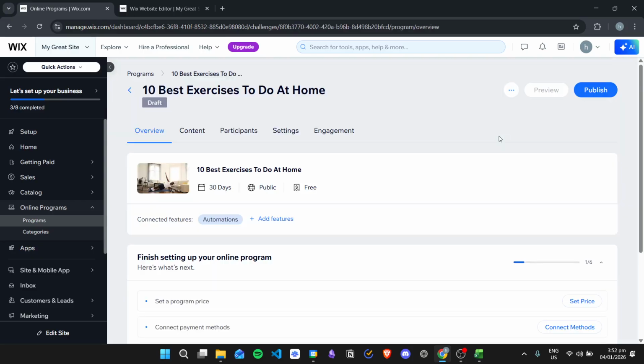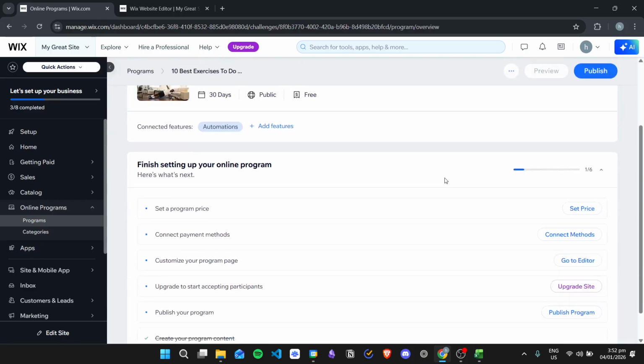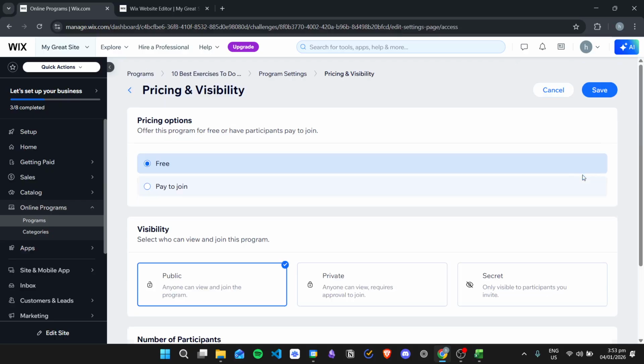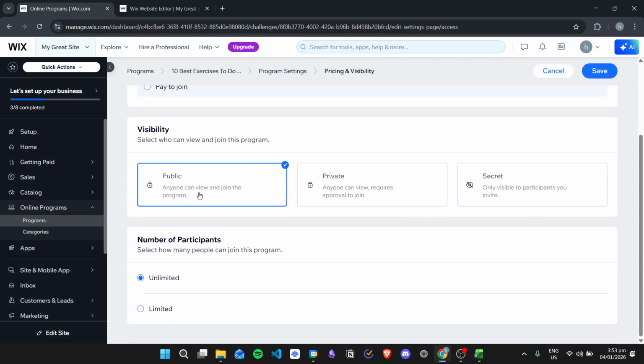I can click edit, and then you can now set up your course right here. You can set the price, the payment methods, the program page. You can upgrade your Wix plan right here so that you can accept customers or participants, and then you can go ahead and publish your program. So for example, let's set a price. So this will be a